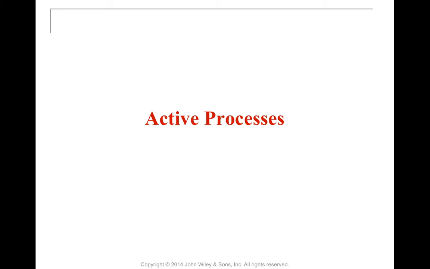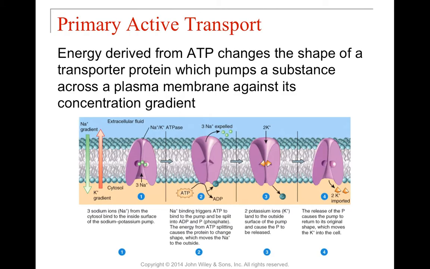All right, so let's talk about active processes. So we just talked about diffusion and different types of transport that didn't require energy. Now we're going to talk about active transport, which does require energy. Now, the energy that's created when ATP is created is going to be stored, basically. So ATP is a cellular carrier molecule for energy, and that energy is stored in that high energy bond between